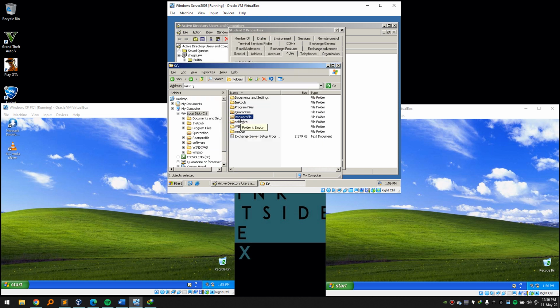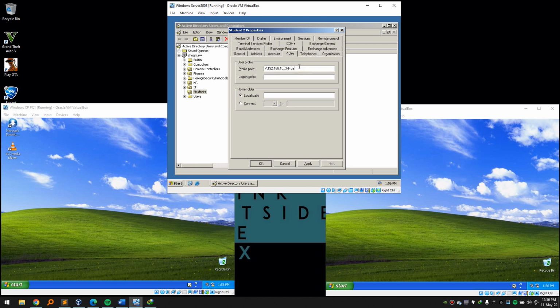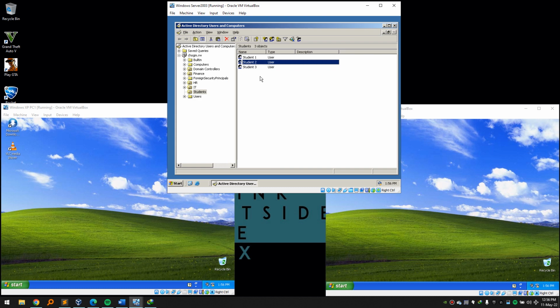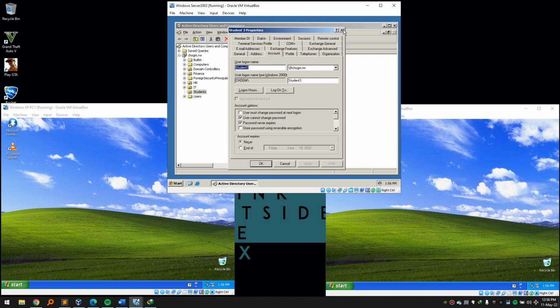Okay, so the ROM profile. Close this, and here you're going to write ROM profile backslash username. If you click apply, it will apply on the username we are currently on. So student 2, click OK, and even on student 3,